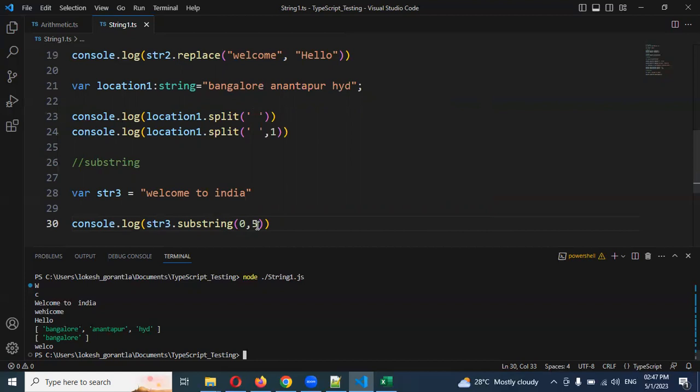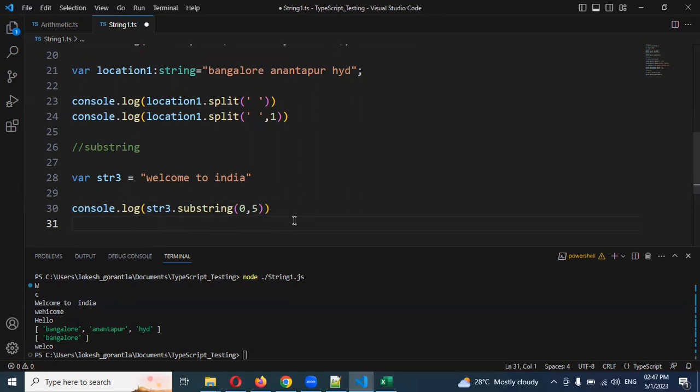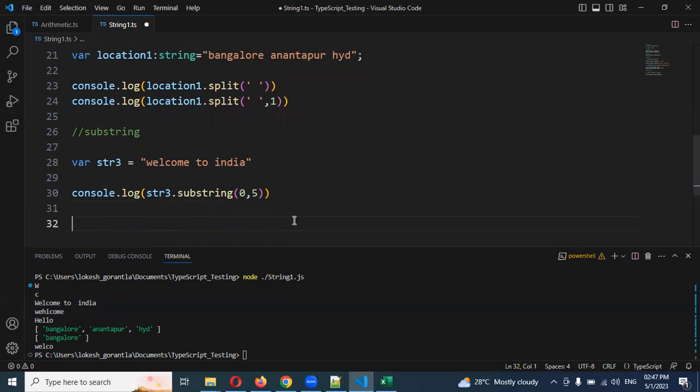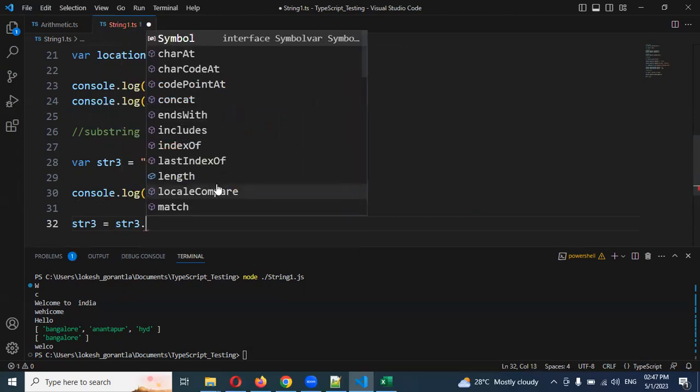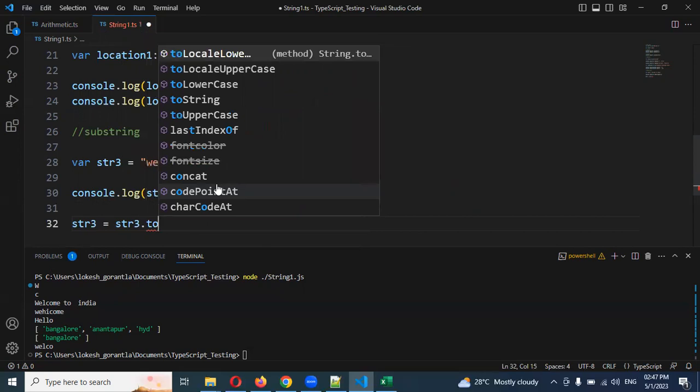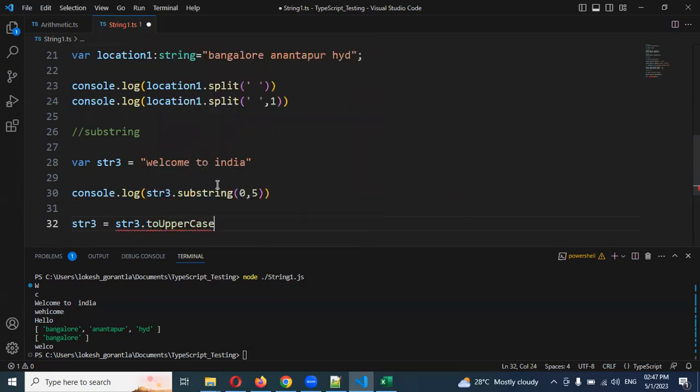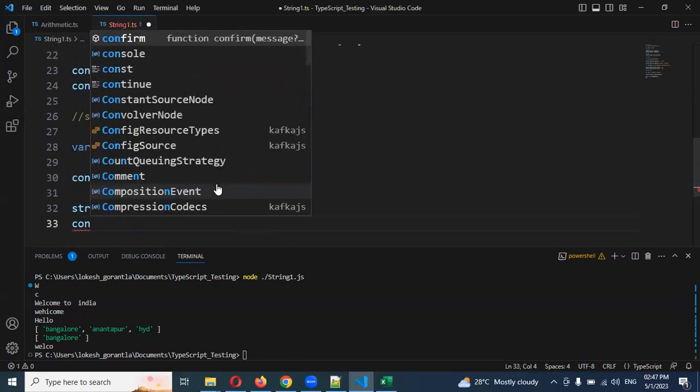And then we have a similar format in Java and other languages. We have uppercase to lowercase. Any string we can make uppercase and lowercase also. How can we make it uppercase and lowercase? For the string we have, I'm mentioning str3, and here again str3 dot toUpperCase. This is my uppercase. Now I'm going to print it to my console